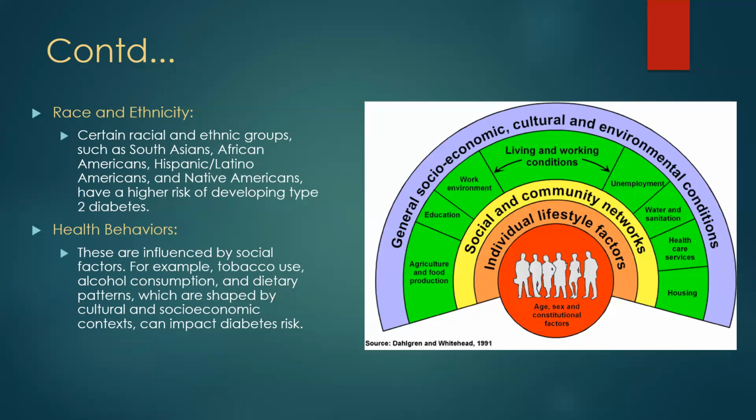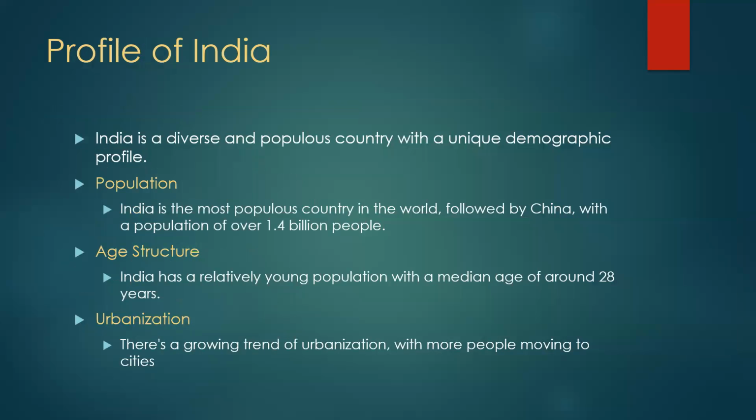diabetes. In healthcare, this is the very famous Dahlgren and Whitehead rainbow model for social determinants of health. And this concurs with the thought that 80% of diabetes is actually managed outside the hospital. So that becomes very important. Now the profile of India, I will briefly go through that, and then I will go to the model and how we